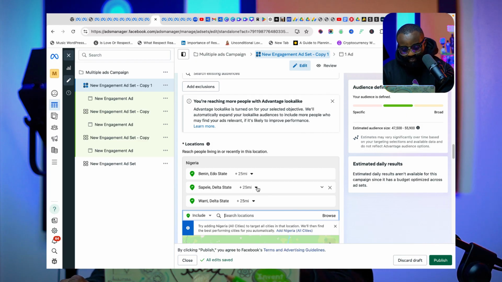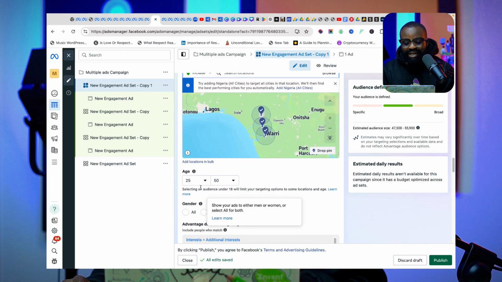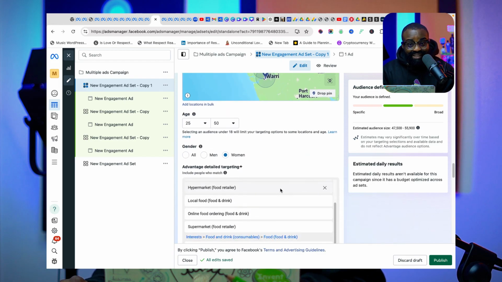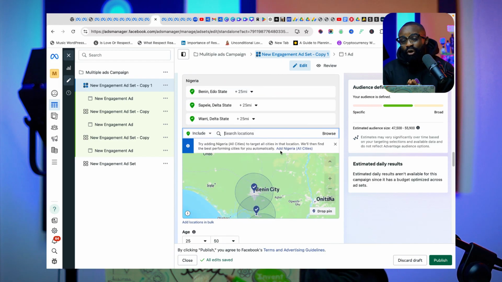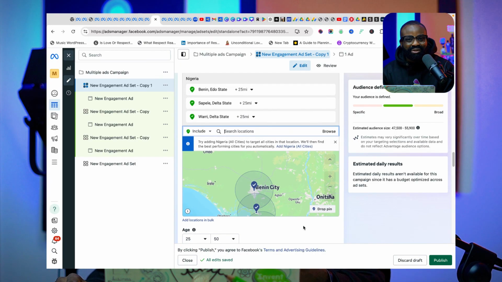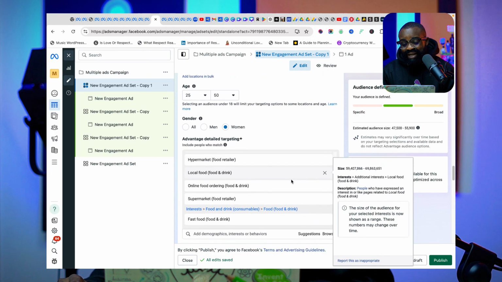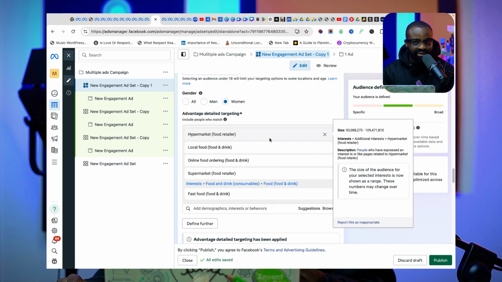All right, let's continue. So once you have changed this, you can scroll down again, change the age range, change the targeting that you use. In fact, one of the things I always advise is that you don't only change these things that I've mentioned. You can use custom audience for one of the ad sets. You can throw the audience wide for another ad set. So instead of using the same targeting all through, for one ad set, you can use custom audience. For another ad set, you can use age range, gender, and location alone. So you can always do all the different types of targeting you want to do. So now I can exchange my targeting with a different set of targeting entirely.